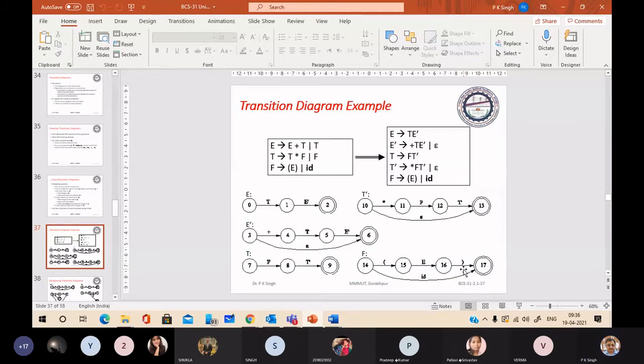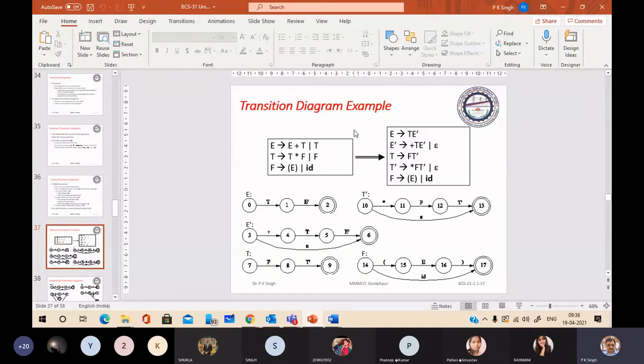So we try to develop a recursive descent parser where we are clearly able to identify what the action should be. What information do you have?